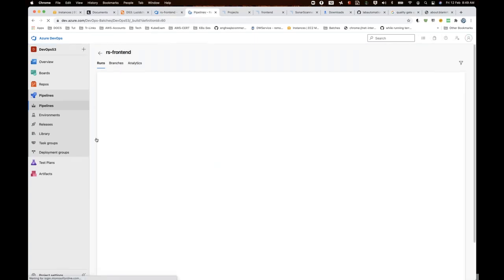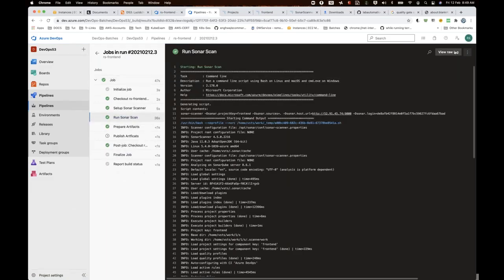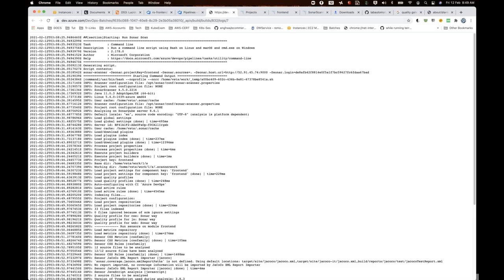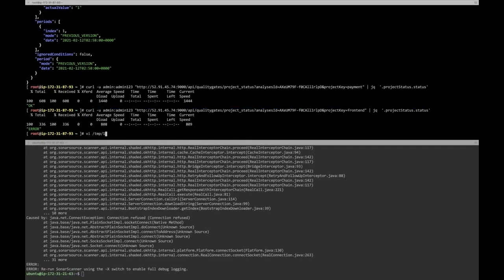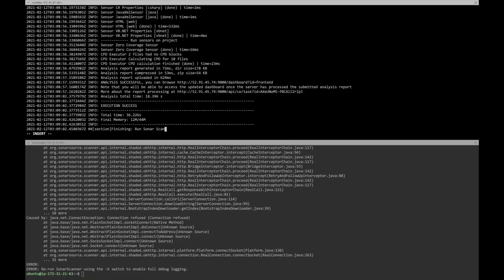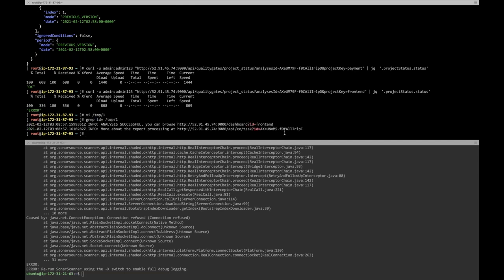You go to the front end, and run sonar scan. View raw log, actually. I would like to download this and put it under vi /tmp/1, put all the content. Now I need to grab that analysis ID here. So grep ID= /tmp/1. You're getting two lines again. In fact, if I look for the exact word,